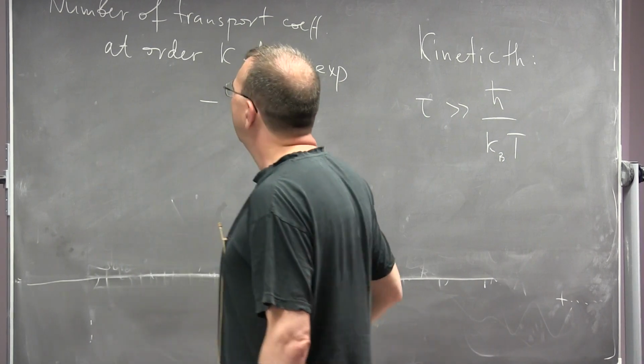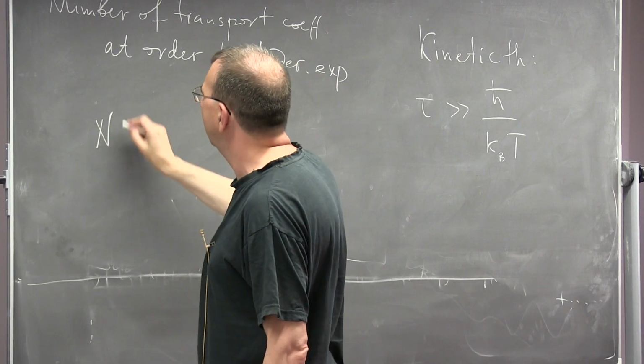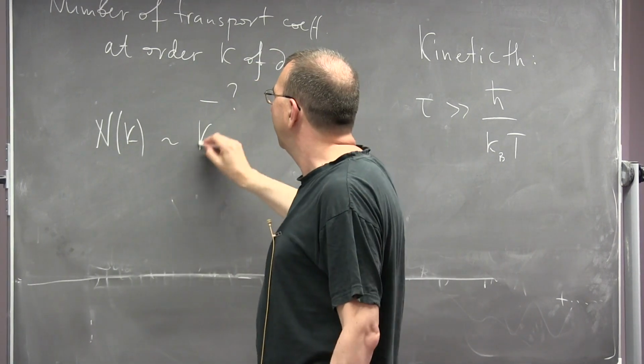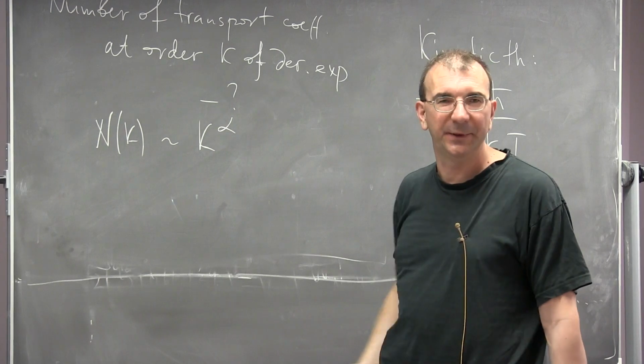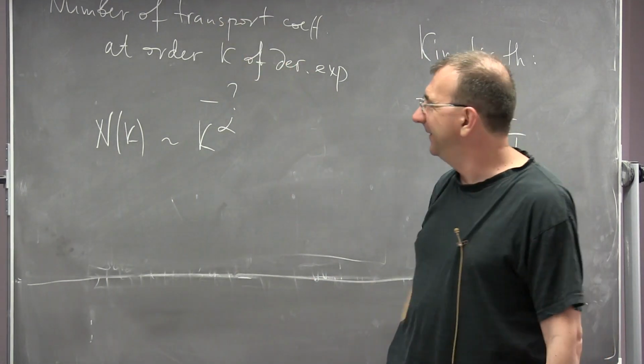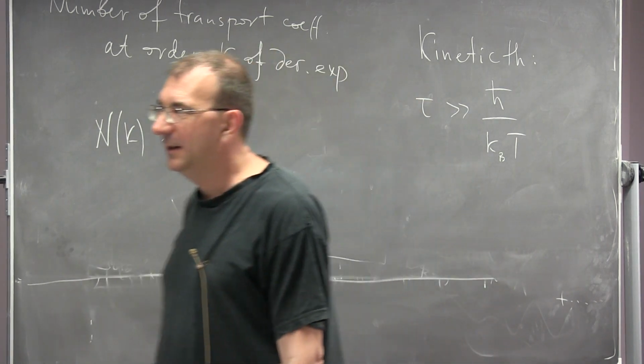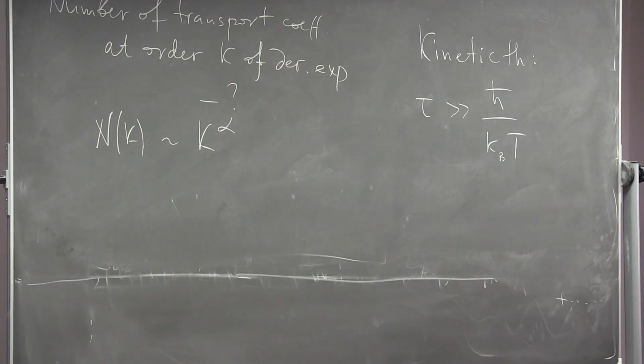So this is completely, suppose this number is n of k. Does it grow exponentially? Does it go like k to some power alpha? What is alpha, and so on? How this scales with the order of hydrodynamic k is completely unclear. This is related to interesting questions of whether or not this expansion is convergent, how you can analyze it, and whether you need some special tools to analyze it. Okay. So this is an open problem, and I don't think it's very well understood.